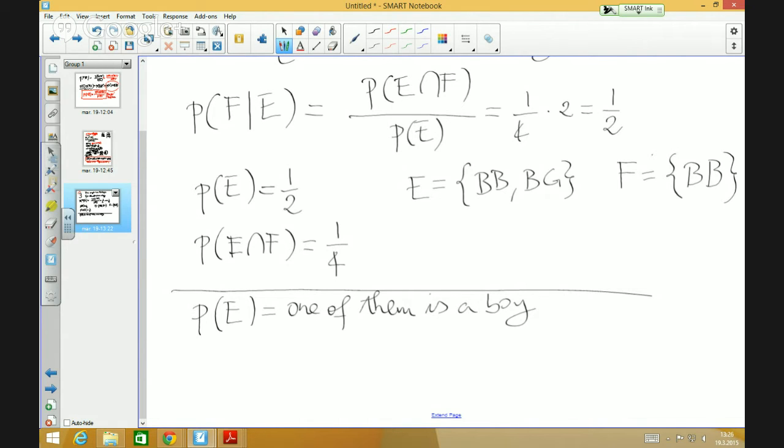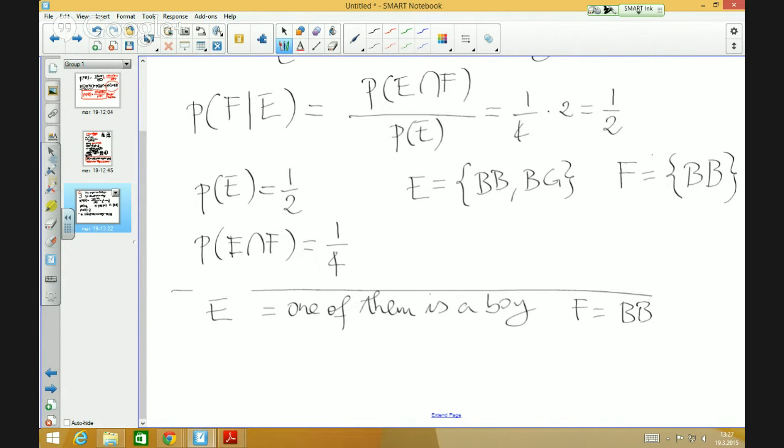And F, oh, sorry, it's not the probability, it's the event. E: one of them is a boy. I'm already thinking in terms of probabilities here, but that's the next step. And F is still the event, boy-boy. Okay, again, we can use the conditional probability formula, which is the same as before, but now we need to calculate